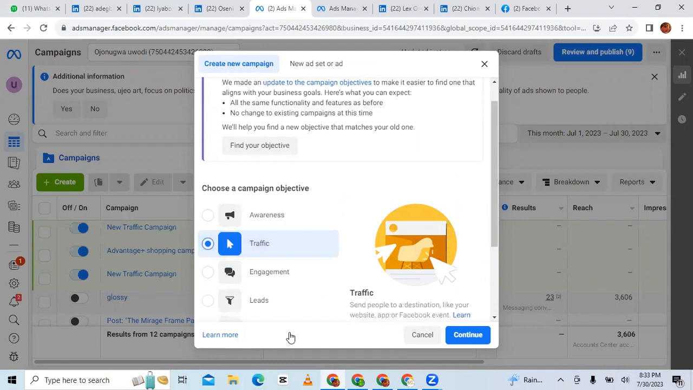The second ad objective is the traffic. Most people, those days when we started Facebook ads and we were getting used to what was possible with Facebook ads, one of the major ad objectives we used then was this traffic. There was a lot that we could do with traffic, right? But now, so what does the traffic ad do? The traffic ad is an ad you use to send people from Facebook to a different destination, right? So if you're trying to take people from Facebook to your website, you're trying to take people from Facebook to your WhatsApp,